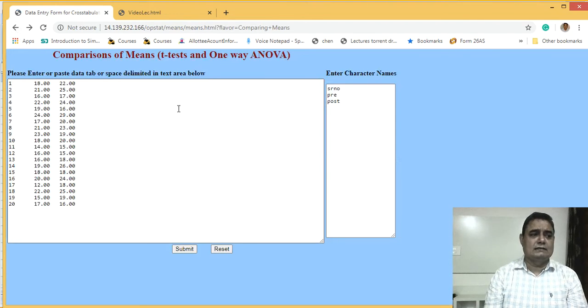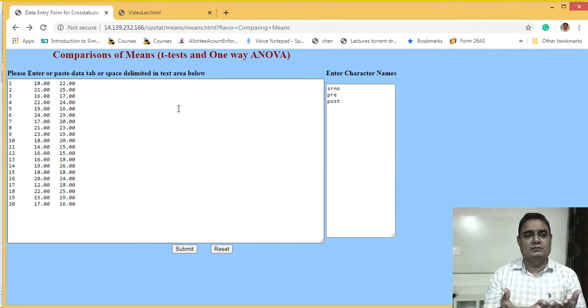Suppose in the independent sample t-test we have two groups and we want to compare the means of these two groups. Suppose we have three groups, then of course we can compare these groups with the help of independent sample t-tests by comparing 1 with 2, 1 with 3, or 2 with 3.